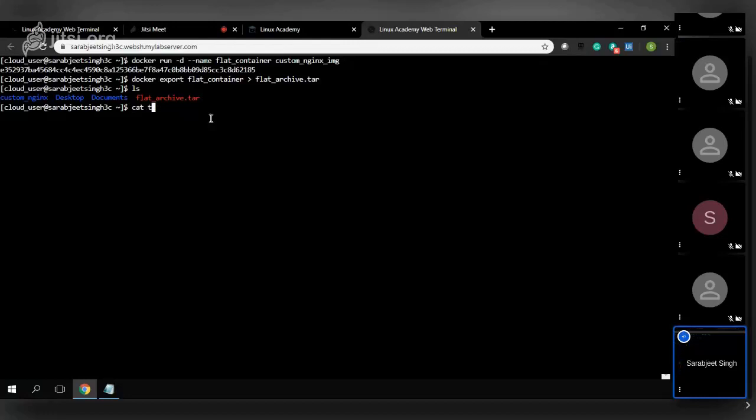What file name is this one, okay. Cat will list all the data of that flat archive.tar. And then we will do docker import. So we are importing that tar file as a